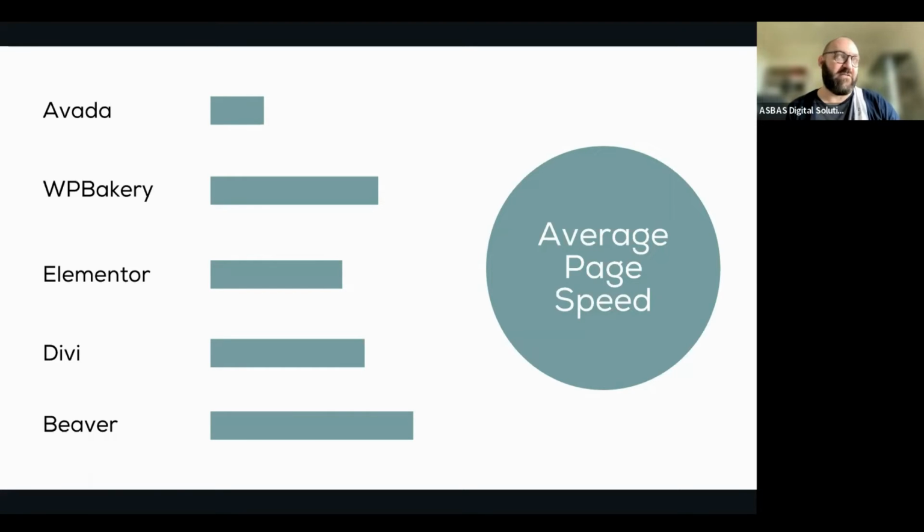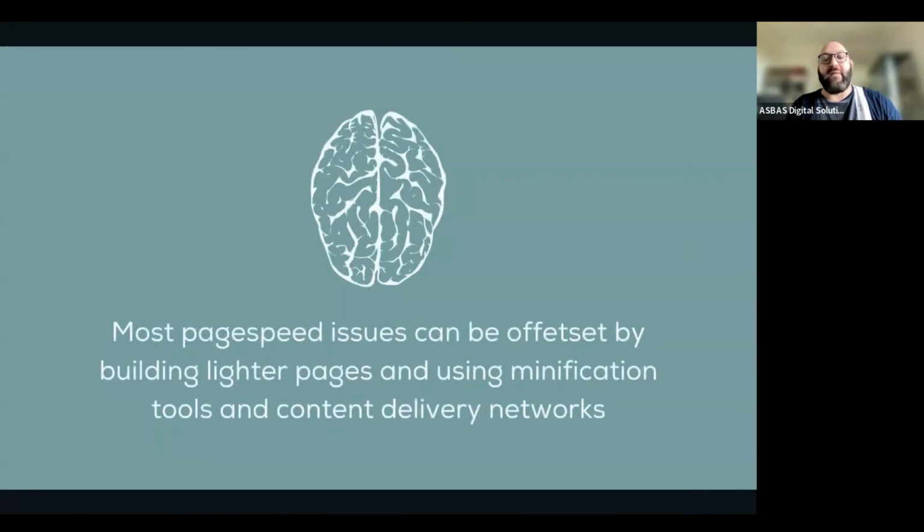They've built this particular version of the page builder, which is out of the box really quick to load your pages. All of these, though, pale in comparison to a less commonly used page builder called Oxygen. Oxygen is not on this list because it's got a bit more of a learning curve. It's a lot harder to use. So Oxygen isn't on this list for those reasons, yet it would probably outdo Beaver Builder and Bakery and Divi by almost 2 times. Those pages are so much faster to load, to the point where I'm actually considering learning more about Oxygen Page Builder so that I can start to use it for more of my clients' websites, because it's that much quicker and a much better technology, but it is harder to learn how to use it. So for a small business, you may need